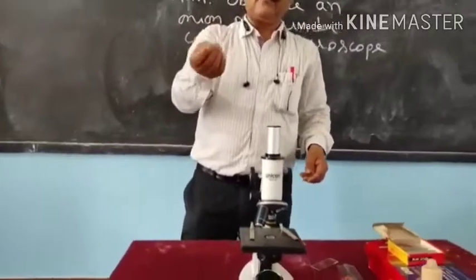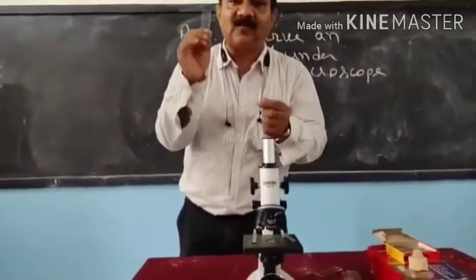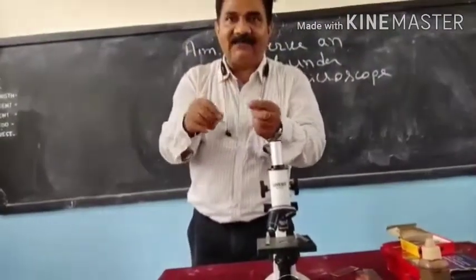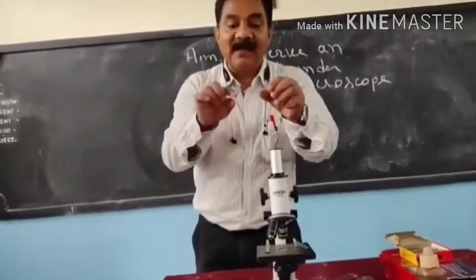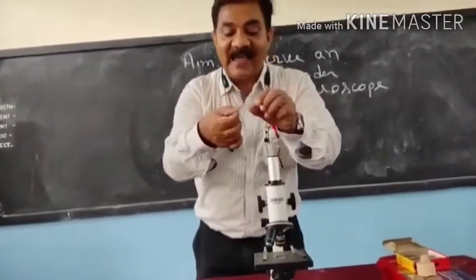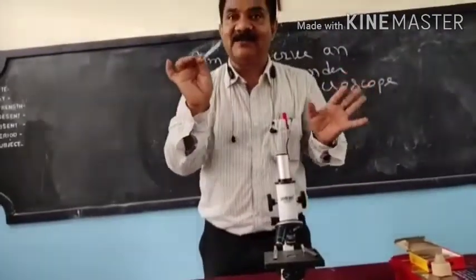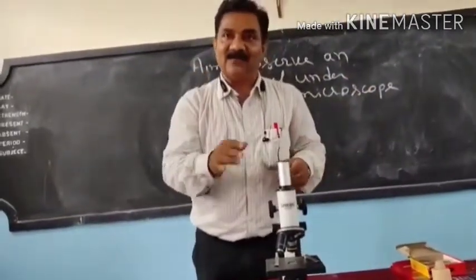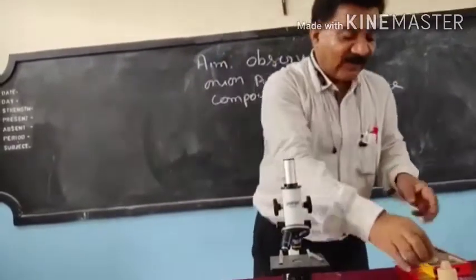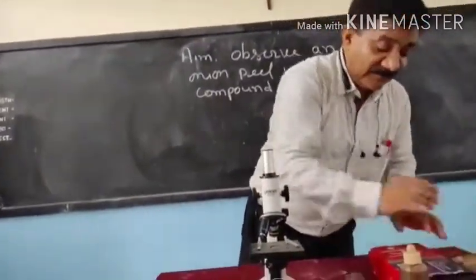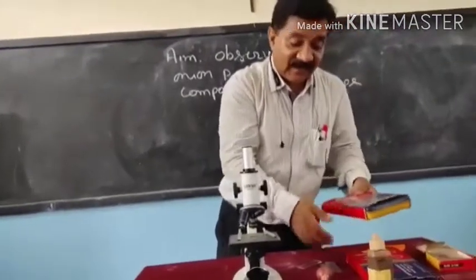Remember that when you fall sick, we go to the doctor. The doctor puts a needle in our finger and takes our blood. They put the blood on this slide, and the slide is kept here, and then it is observed under a compound microscope. Very clear? Now, some more things, and then coming to see the onion peel.